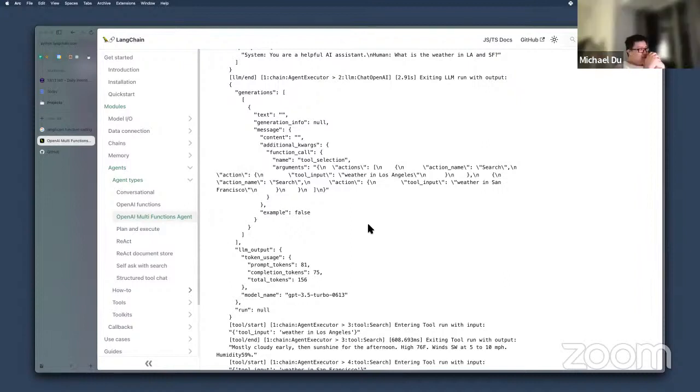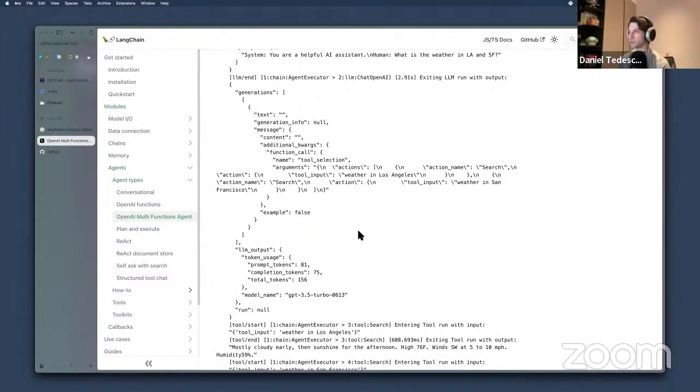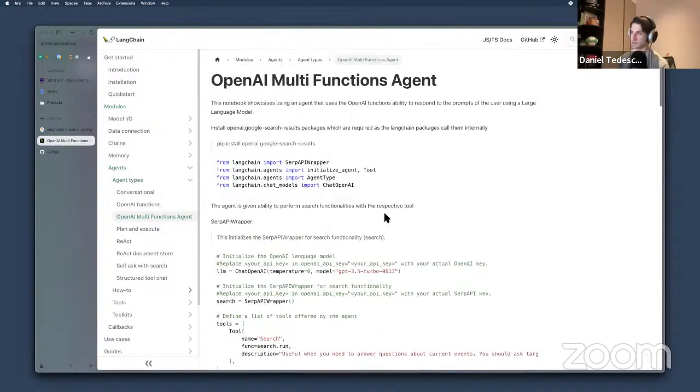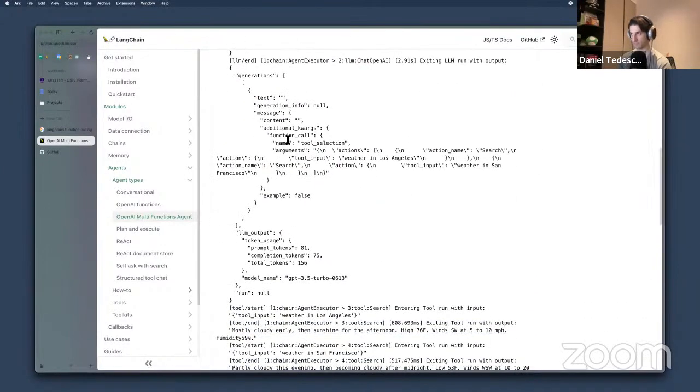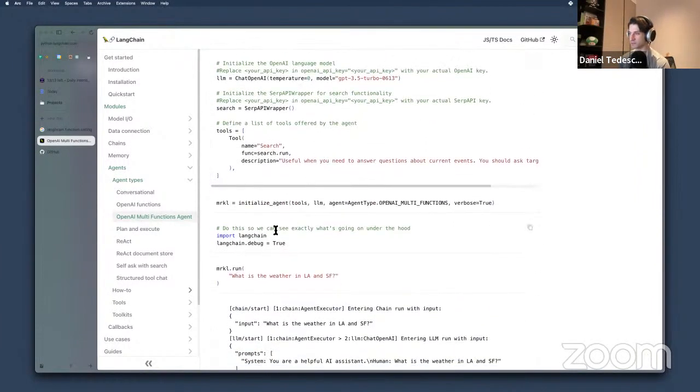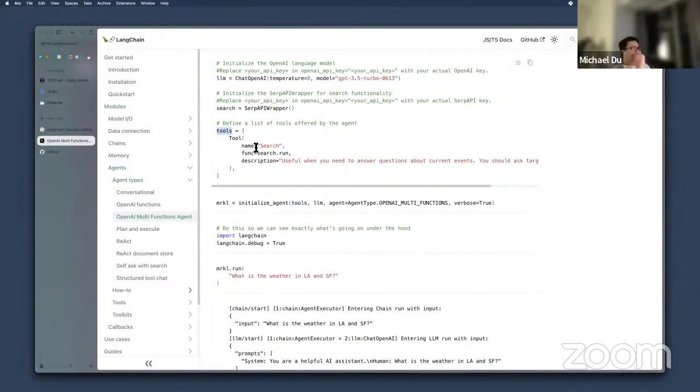But that's another function, right? If there's like an algorithm to decide which tool to use. Well, it's part of the chain. So maybe LangChain or this agent can parse this, but shouldn't it be tools, when the only tool is search?